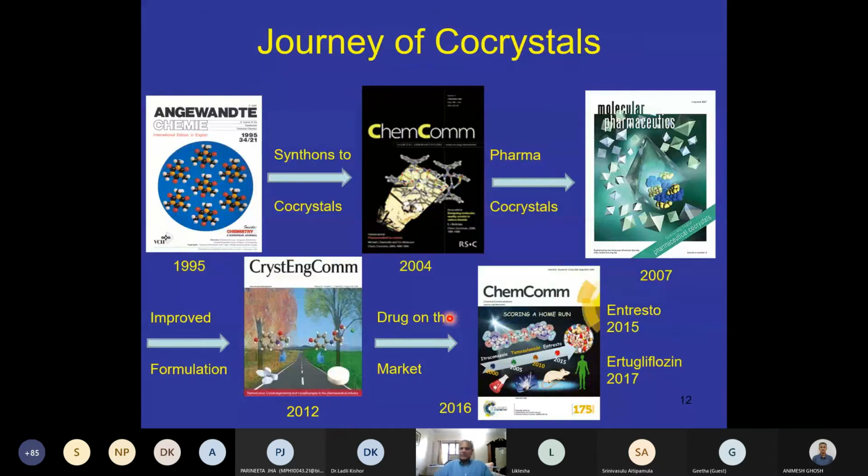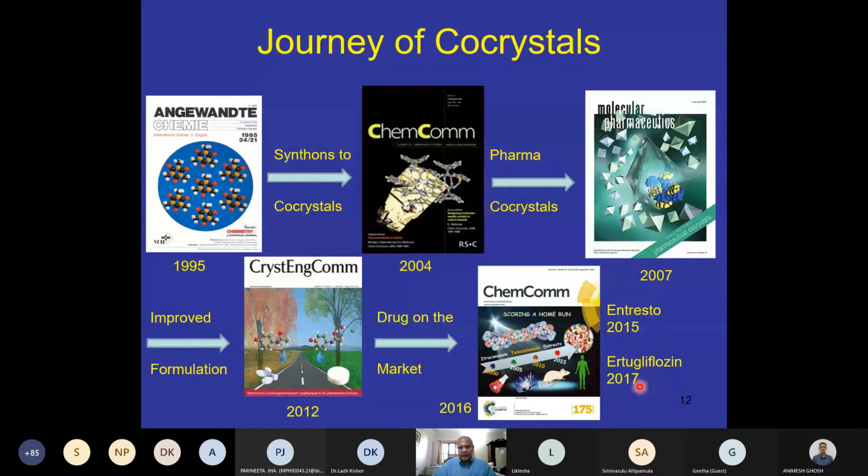So this is essentially a sharing of the timelines, starting 1995 with Desiraju's review, then 2003-4, as I mentioned, the ChemComm review. Then pharmaceutical co-crystals became a mainstream of pharmaceutics, improving the tabletability, and I would say in 15 years from the start point roughly, which is taken to be the beginning of the millennium, 2000, we had the launch of the first salt co-crystal drug, Entresto, which is a relatively fast timeline in going from what we call lab to market. And subsequent to Entresto, there has been a large number of pharmaceuticals which have appeared in the